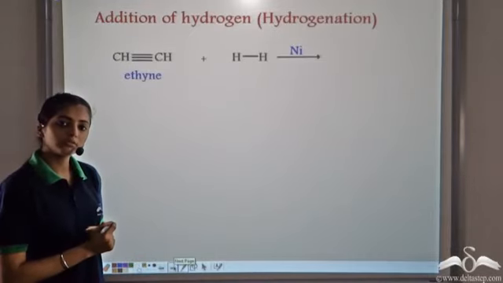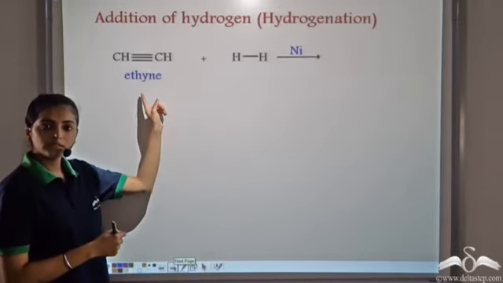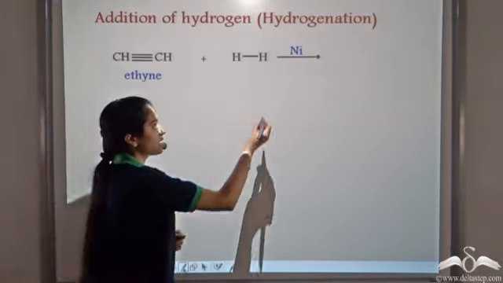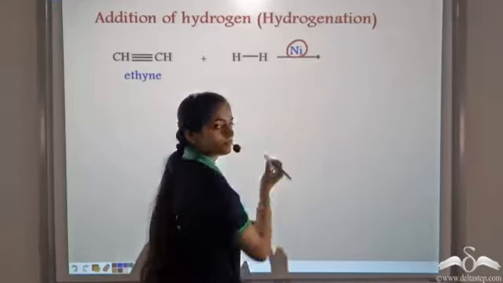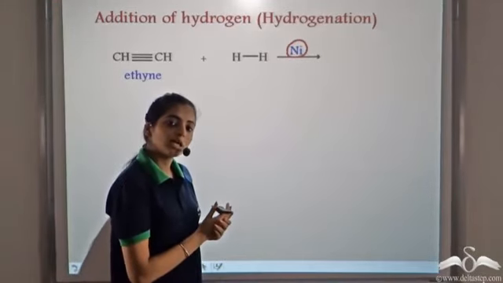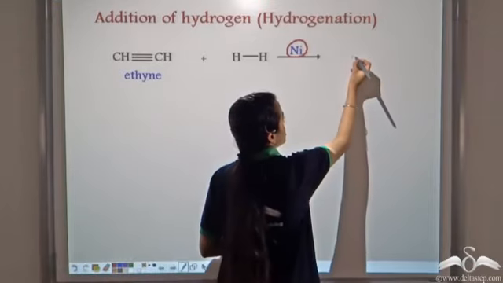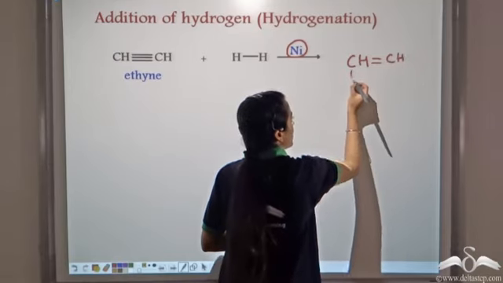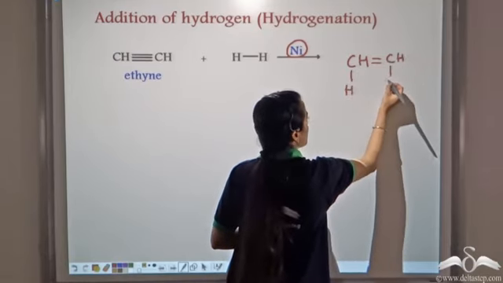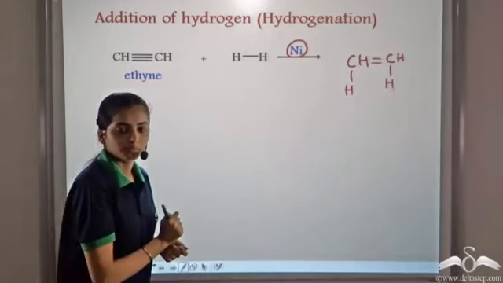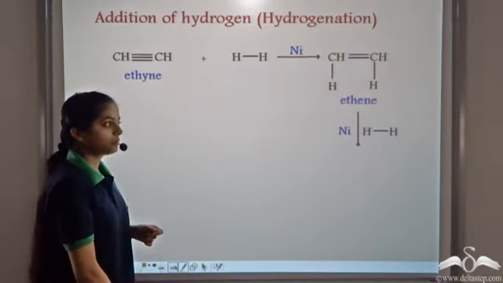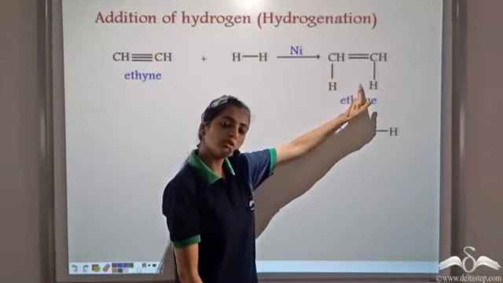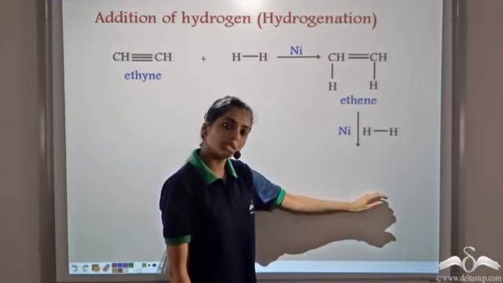Let's look at another reaction. In this case, we have ethyne. It is made to react with a hydrogen molecule. Remember, in this case, we use a catalyst, nickel. This again happens in two steps. In the first step, the triple bond breaks into a double bond, and each hydrogen atom attaches itself to one carbon atom. Now, in the second step, we have a compound which has a double bond. So now the double bond breaks into a single bond.